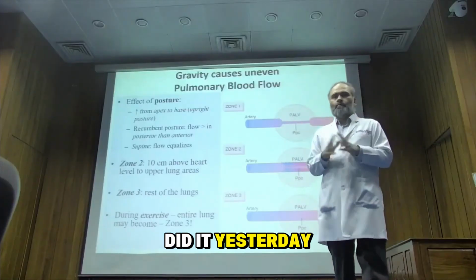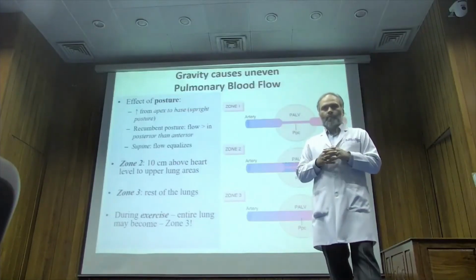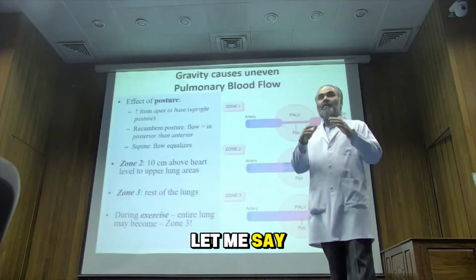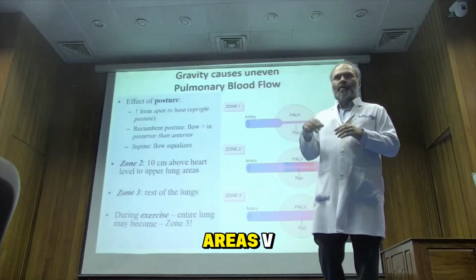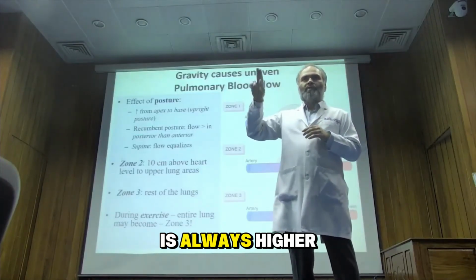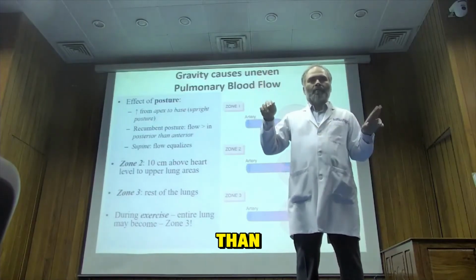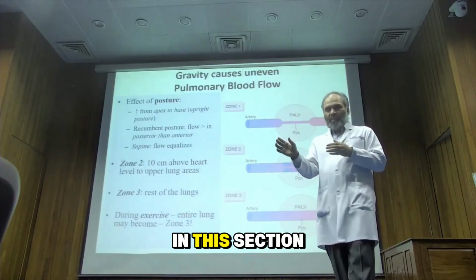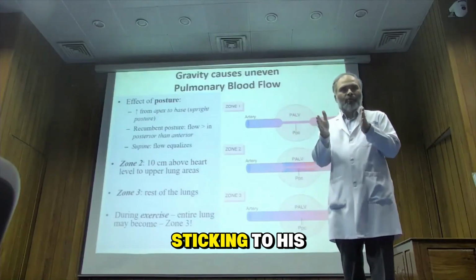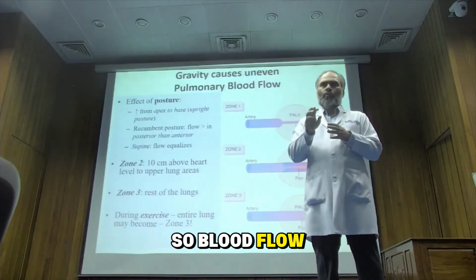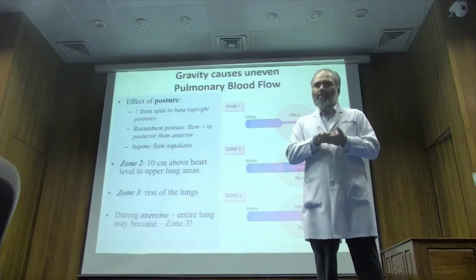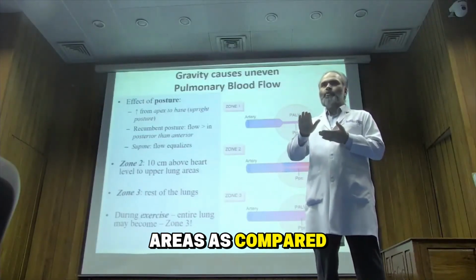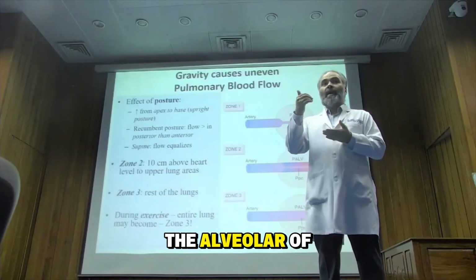We did it yesterday. This is old stuff. In upper areas, let me say it in that language. In upper areas, V is always higher than Q. That's what I'm saying. He does not introduce V over Q in this section of the chapter. That's why I'm sticking to his language. So blood flow is always less in the upper areas as compared to the air that the alveoli of this